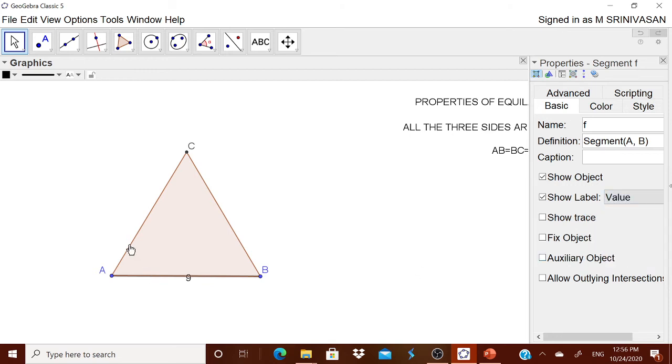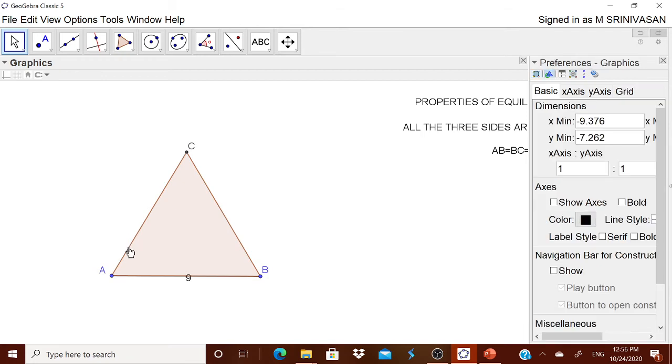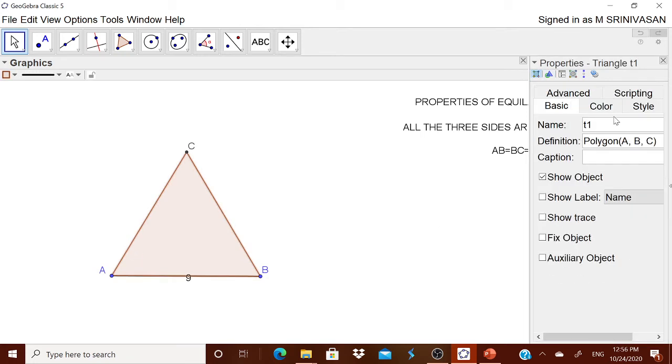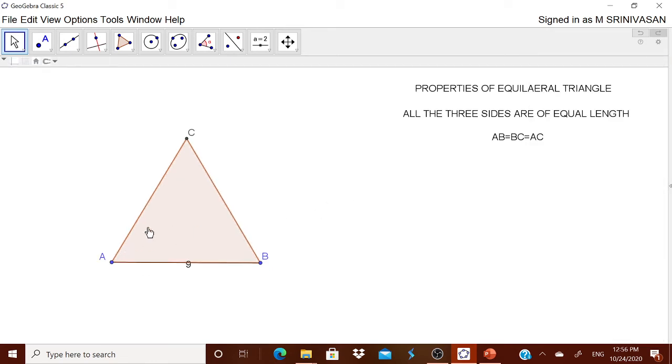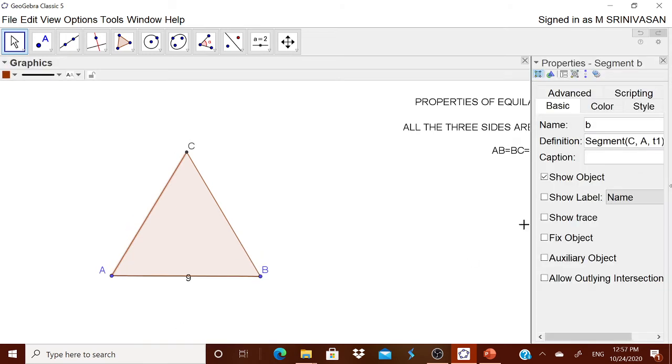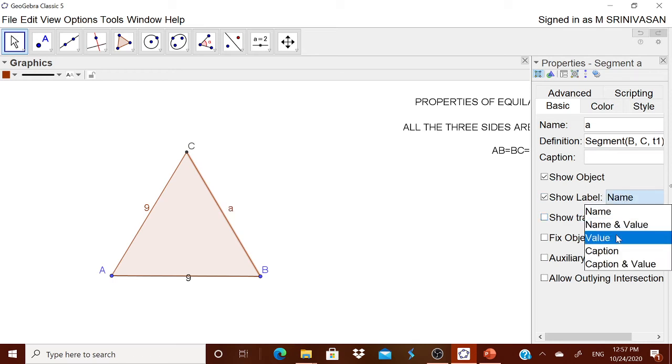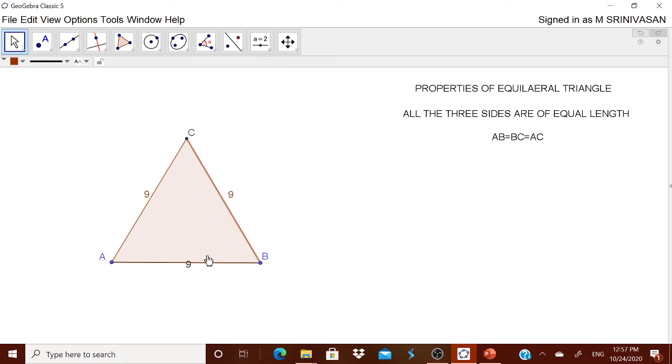Simply click the second segment, AC. Is it selected there now? I think it's not selected. Okay, AC is selected now. Okay, the polygon is selected. Now please be careful. Select it and then right click, object properties. The segment is selected. In show label, then go to the value. Again, carefully click the third segment. Okay, the segment is selected, show label and then the value. Oh, I got all these values as 9.